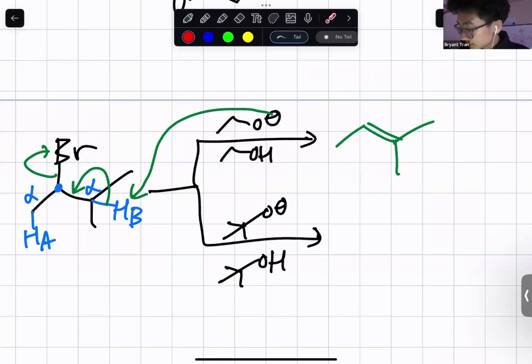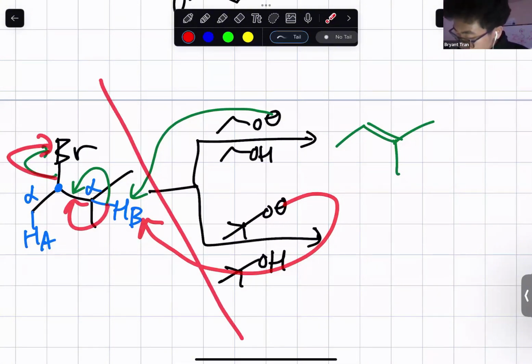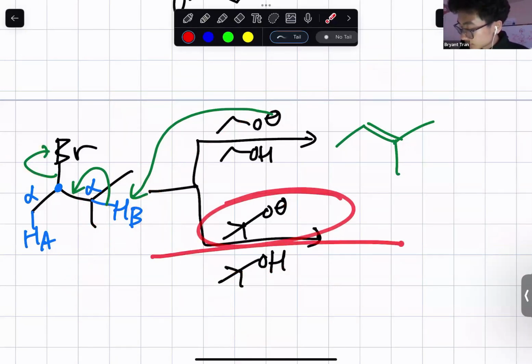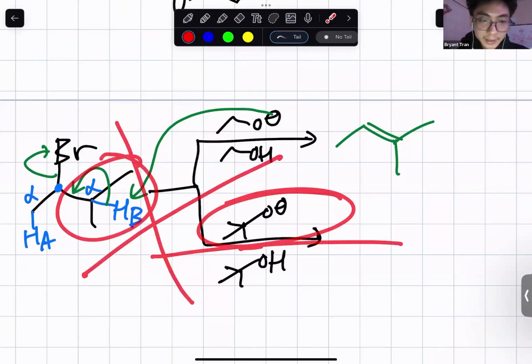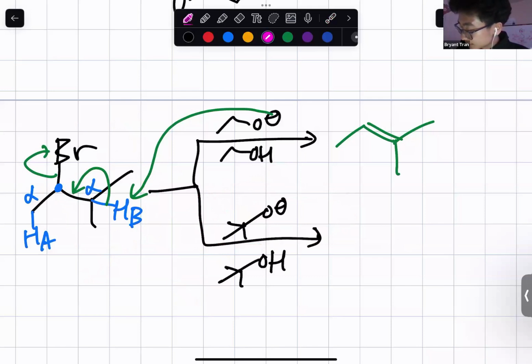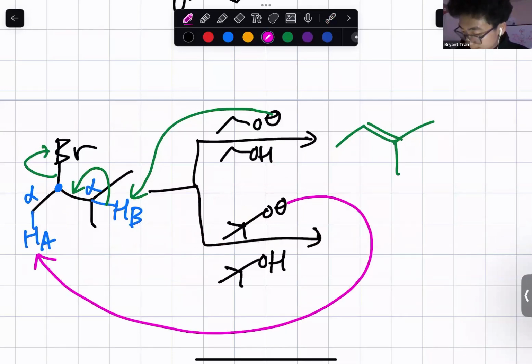more substituted. Now, if I look at this tert-butoxide, it also wants to grab that hydrogen B to make the more stable double bond and kick out the leaving group, but it cannot do that, right? Because this is way too bulky, way too crowded, too much steric hindrance. So that's not going to happen. What's going to happen is that this bulky hindered base is going to grab the most available hydrogen, the less crowded, least sterically hindered hydrogen, the less substituted hydrogen. It makes a double bond right there, kicks out the leaving group,